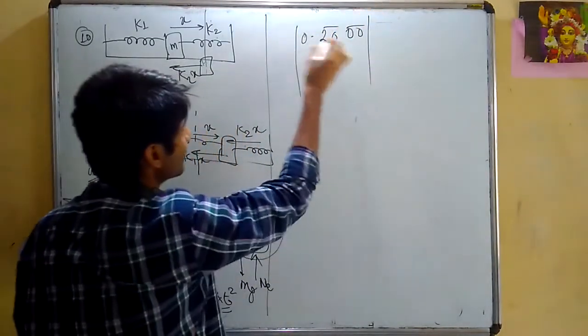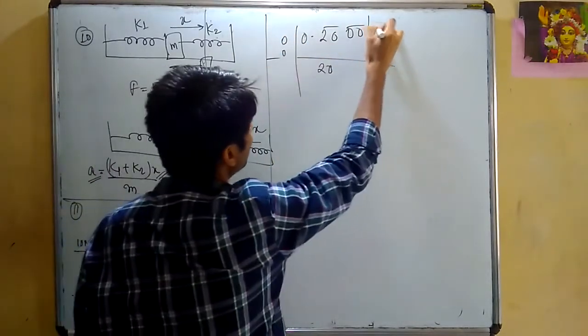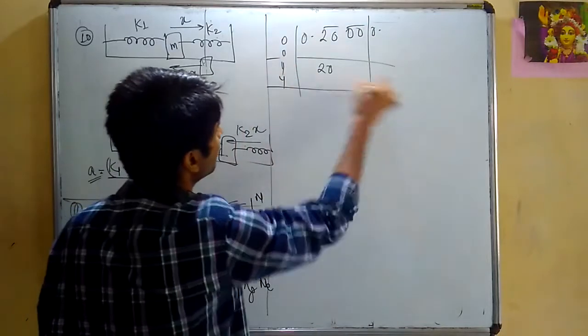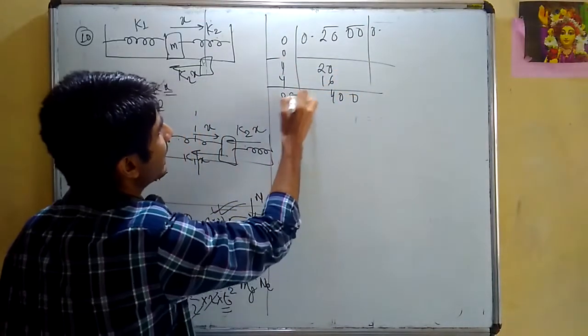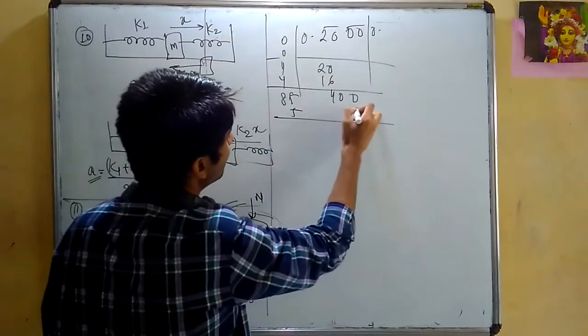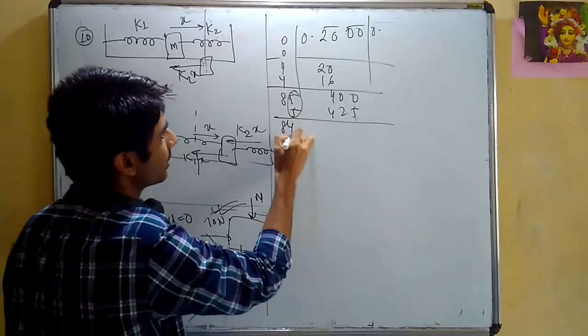This is not physics, but still, just keep it 0 and 20 will come down. So 0.20 comes down, 4 4s are 16, here will come out 400, and this is 8. Approximately I can take 5 5. You can take 4 4 as well. 25 2 4 25. Approximately 5. Why am I taking 5? Because you can take 4 as well.